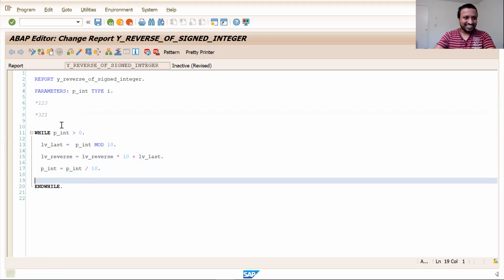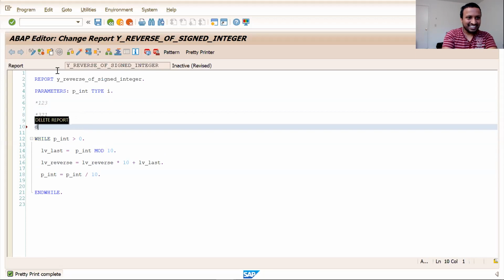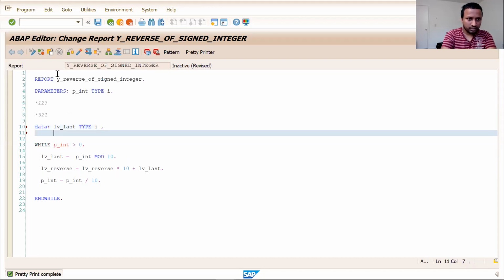And this is where many people make mistakes. It would get executed, there is no doubt in it. But here we need to handle some of the edge cases, which I will come to immediately, because I need to declare this type I. So lv_reverse type I. This should work.